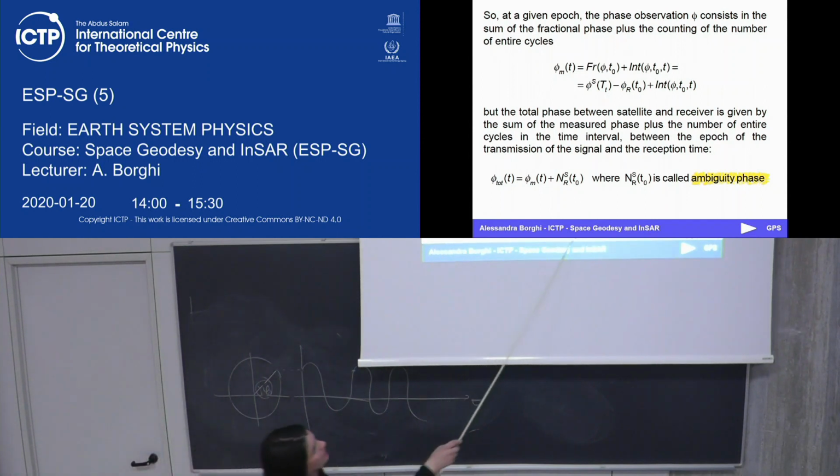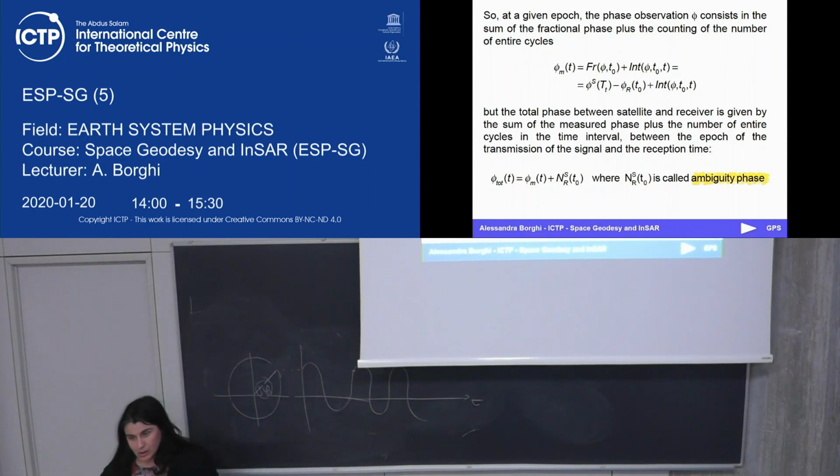And this quantity is called phase ambiguity, or just ambiguity. And it's an unknown quantity. So this is the reason why we can use code measure,